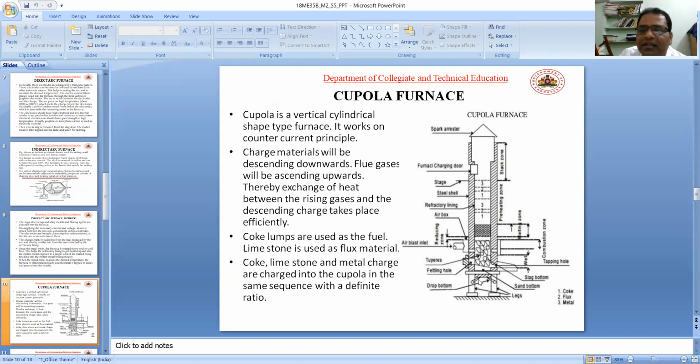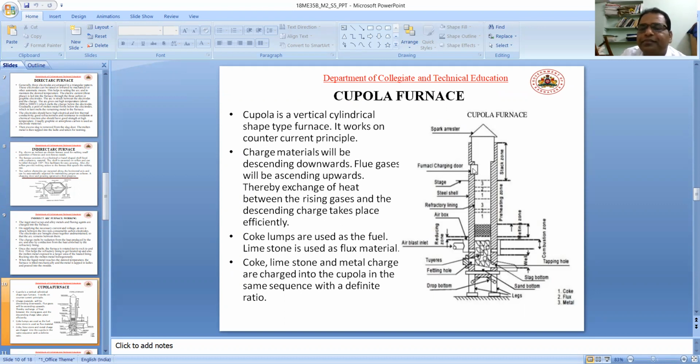Drop bottom is there. Drop legs are there. Supporting legs, sand bottom, slag bottom are there. Tuyeres are there; I'll tell you the function of tuyeres. Air blast inlet is there, supplying air. Air box is there, refractory lining is there, shell is there,